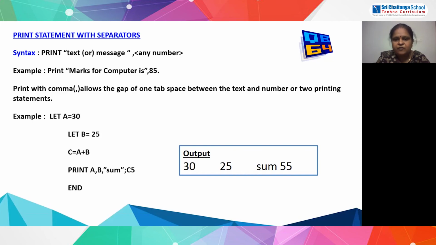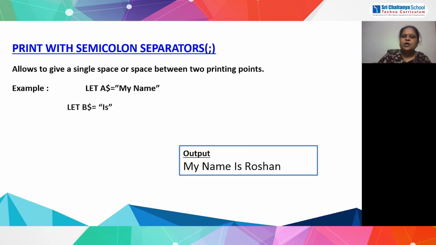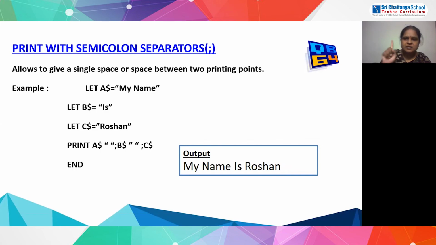After that, you can see I have given a semicolon. Why have I used a semicolon? Because I didn't want one tab space here. I wanted only one single space, one character space. For that, we have to use this semicolon. If you use a semicolon, you can see in the output screen that after "sum" it has given only one character gap, or one single space gap, and it has printed the output as 55. Now you all understood, to give one tab we have to use a comma, and in the same way to give one single space we have to use a semicolon.